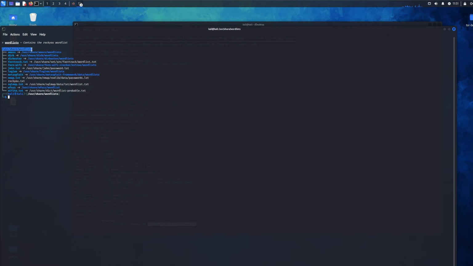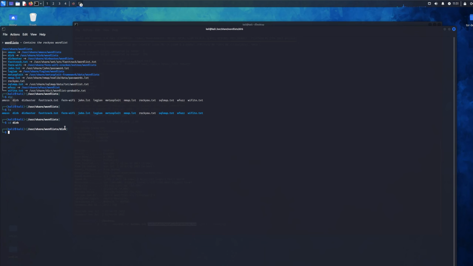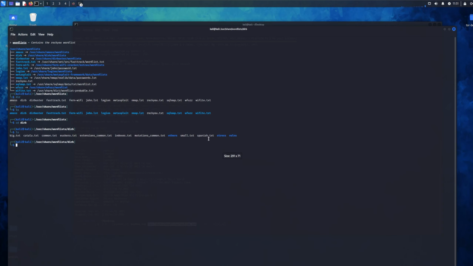Now, how do I make sure that I'm in the right directory? You either do dir or ls, and as you can see, there's roku.txt, which we're going to use. There's some other ones as well. For example, if I go to cdrb, as you can see, there's some word lists to use, and there's also some other stress and vulnerables. There's a lot. I'm not going to go through any of them because there's too much. We're just going to focus on the roku.txt, which isn't just in the normal word list